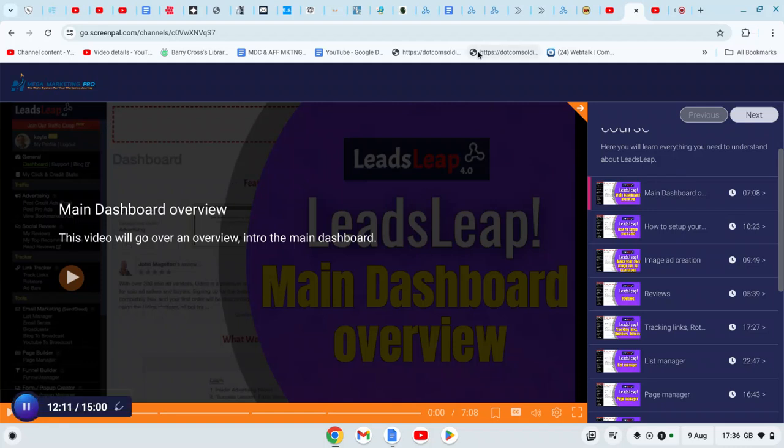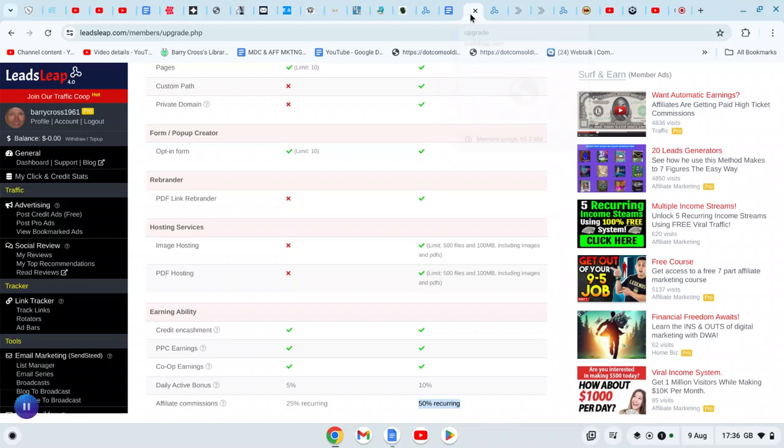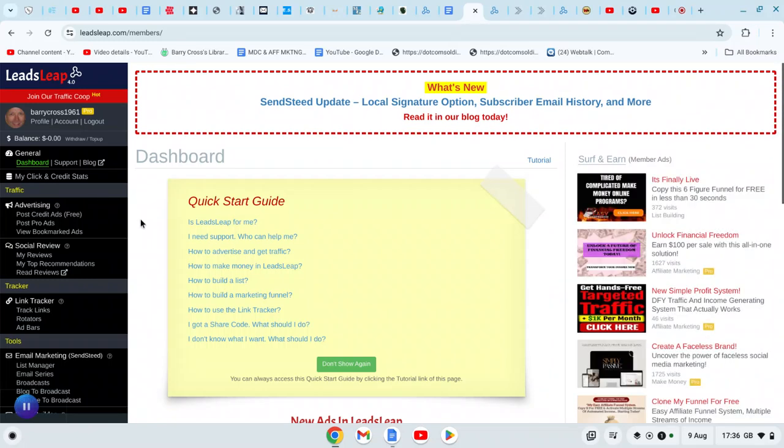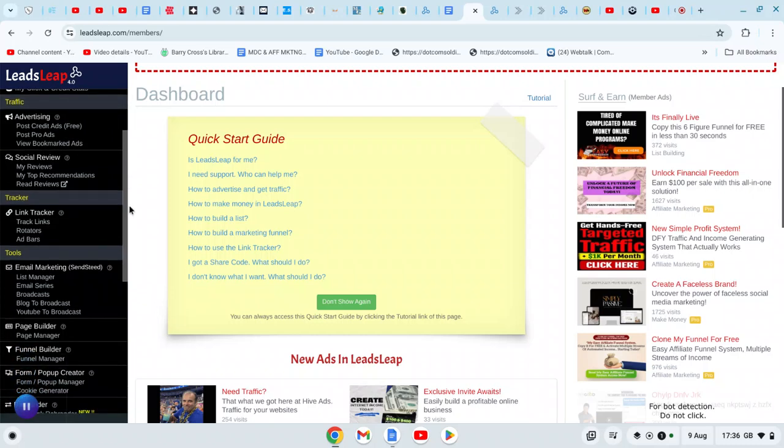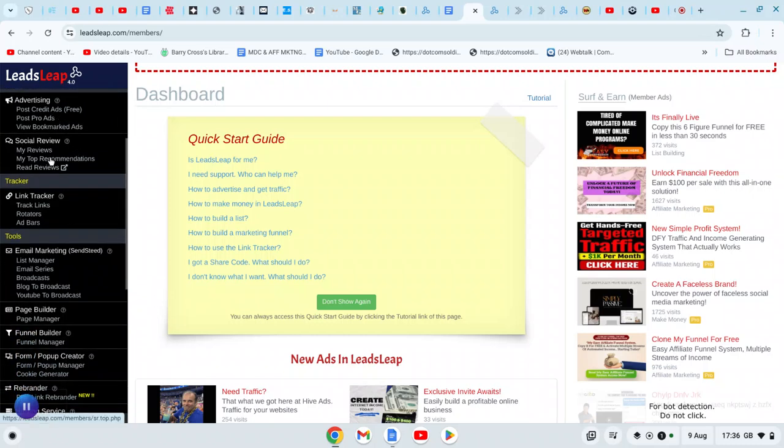So if we go back into the members area over here, if we go back onto the dashboard, and if you do look down the left hand side here, it can be quite overwhelming when you first join Leads Leap because you've got a lot of information down here. So don't get overwhelmed, just take your time with it. There's plenty of time. You have got some tutorials here if you like